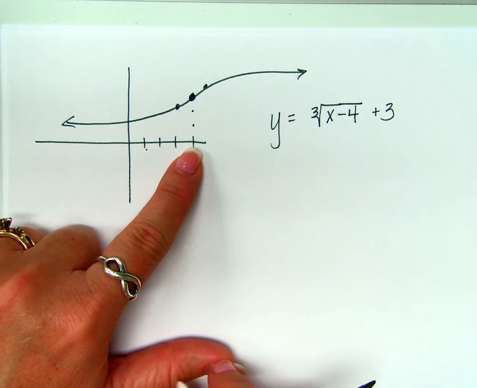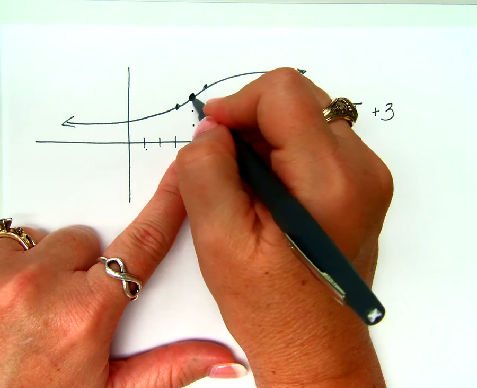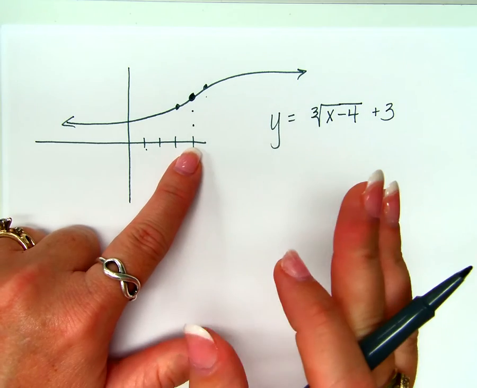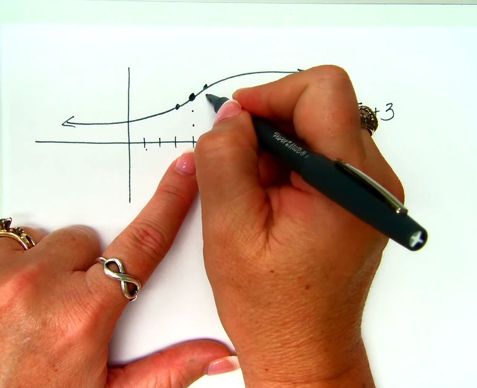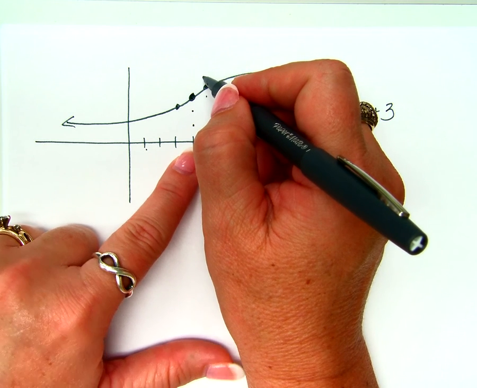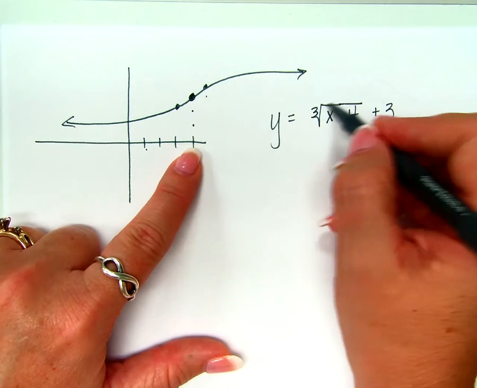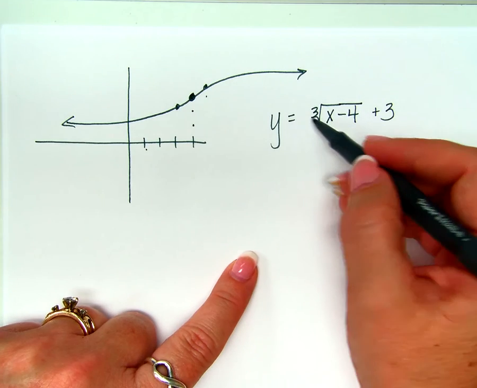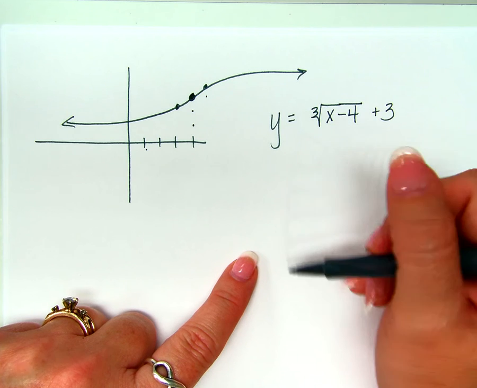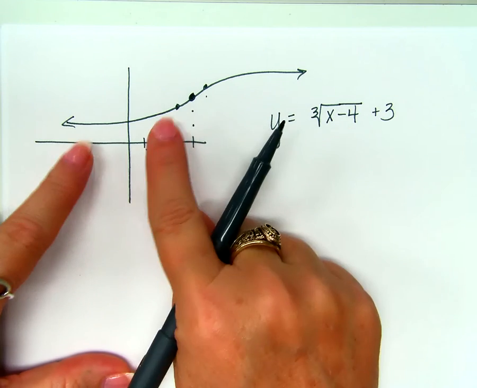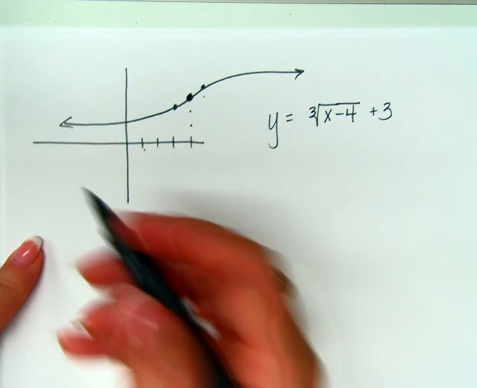Is it parent function shape? Did I go over 1 up 1 and over 1 down 1? Then that's parent function shape. It hasn't changed shape. If I went over 1 up 2, you would know that was changing shape by a factor of 2. So I would have a 2 up here. If it went this way, you would know I would need a negative right here, right? Does that help? Okay, so that's what I'm talking about. If I give you a graph, can you give me the equation? What if I said